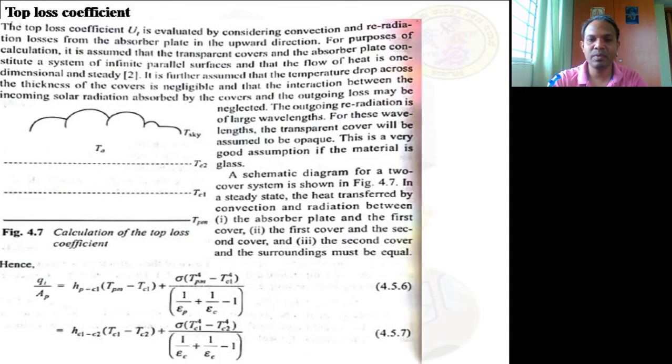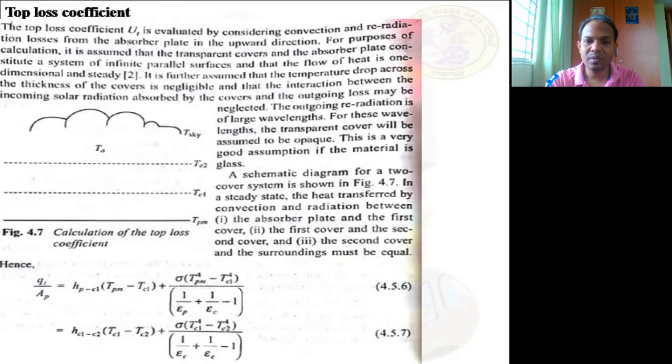Three equations I'm just doing. The first equation will tell us the convection losses or the loss coefficient between the absorber plate and the first plate. The second equation will tell us between the first plate and the second plate, and the third expression, which I am giving in the next slide, will tell us between the second plate and the space. Is that clear? Second plate and the space, it is given by this, only because here we don't have any material once again. So what happens is this denominator will go off.